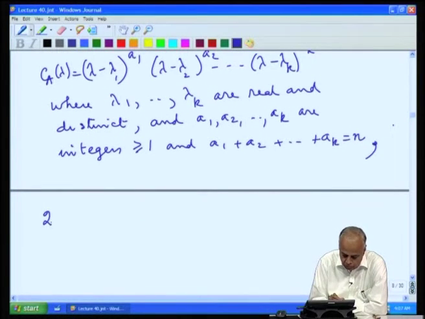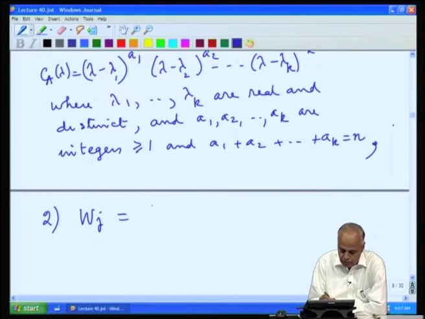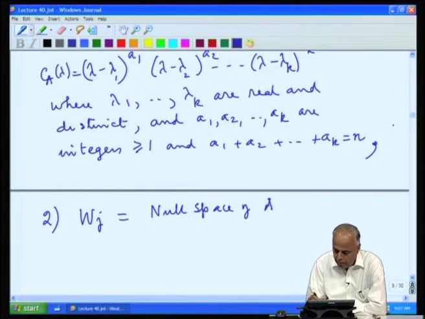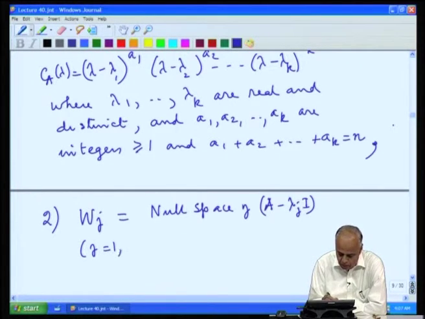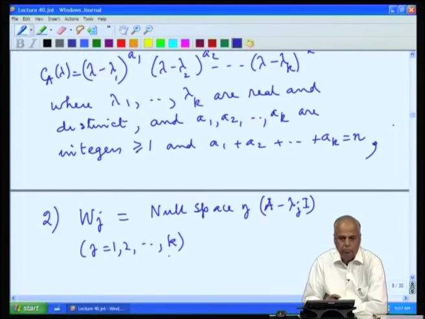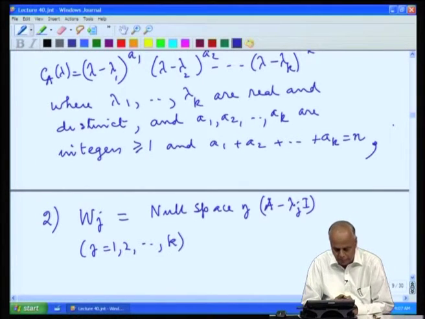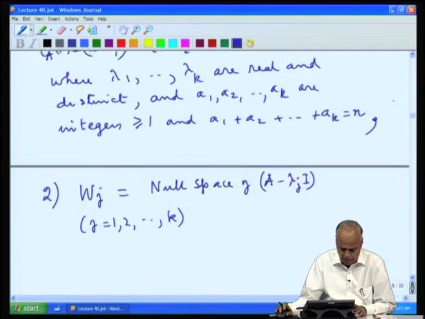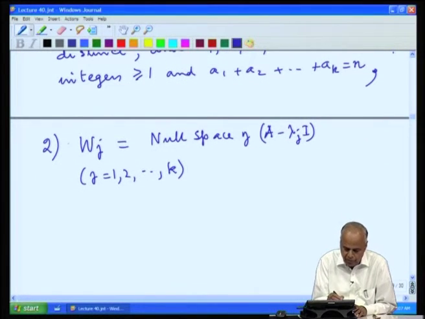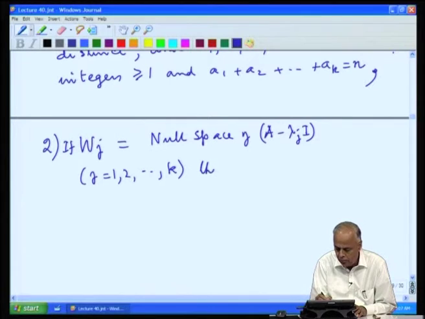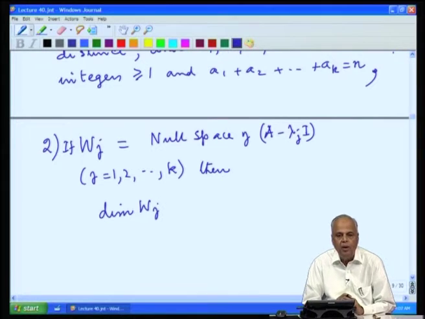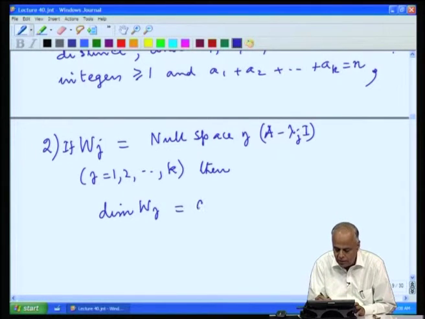Then 2, if we define W j to be the null space of A minus lambda j I for j equal to 1 to k, these we called the eigenspaces corresponding to the eigenvalue lambda j. Then the dimension of W j, which we called the geometric multiplicity, must be equal to